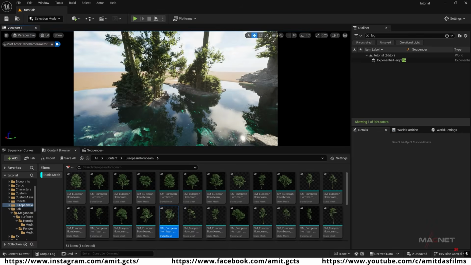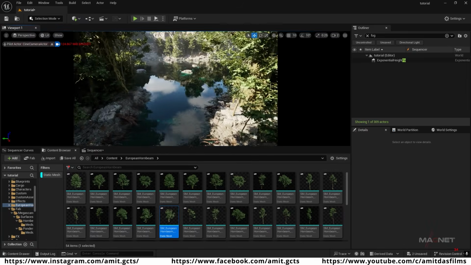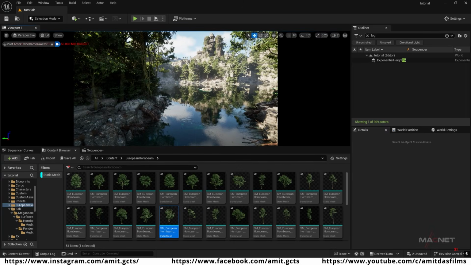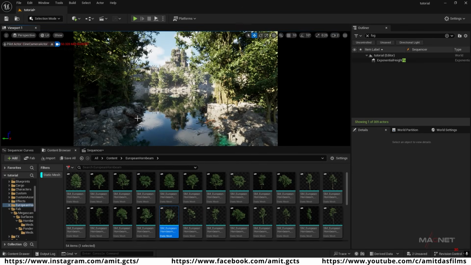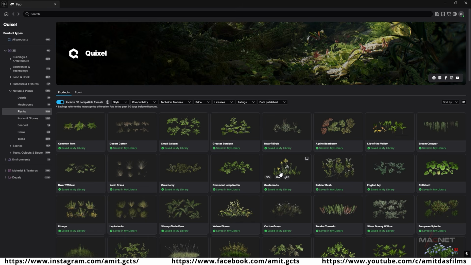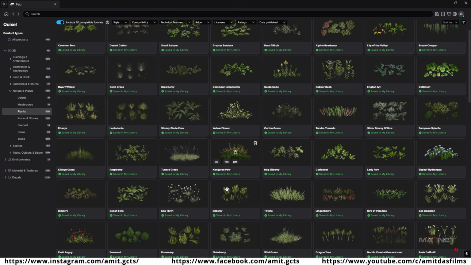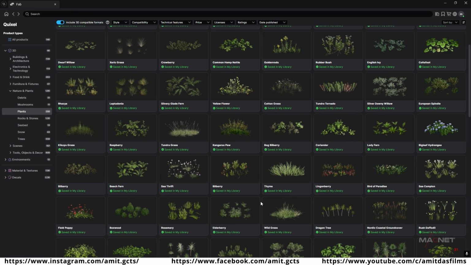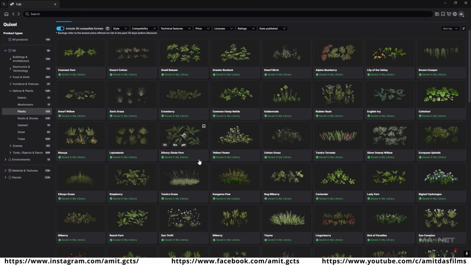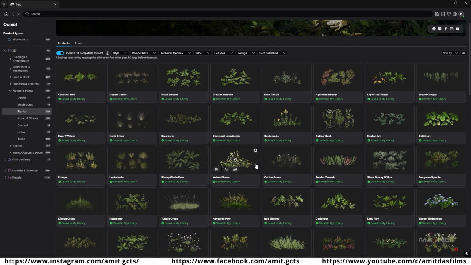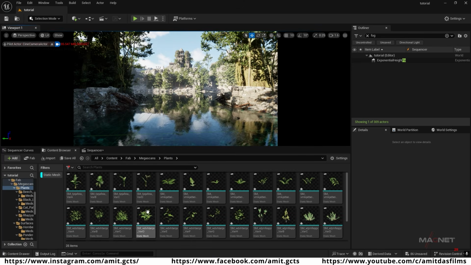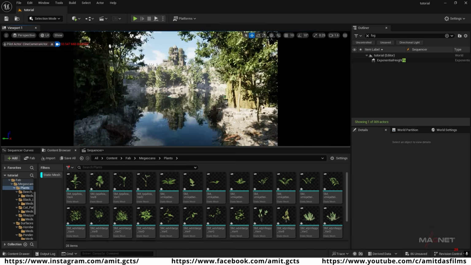Okay, and now I'm going to download some other small plants to design this area a little bit more. So for this, I go to the Fab Marketplace. As you can see, in the Fab Library we have so many nice plants, so you can download anything you want. So I'm going to download some of these plants from here. Okay, so I have downloaded some of these plants from Fab, and now I'm going to use those plants over